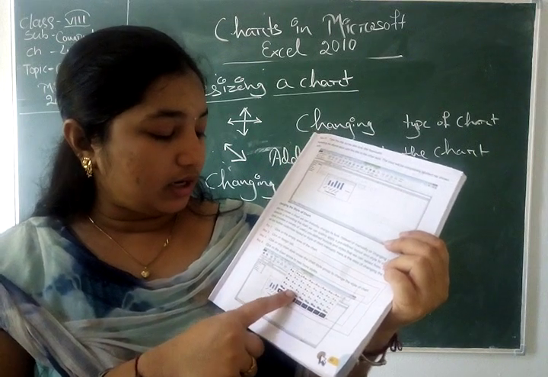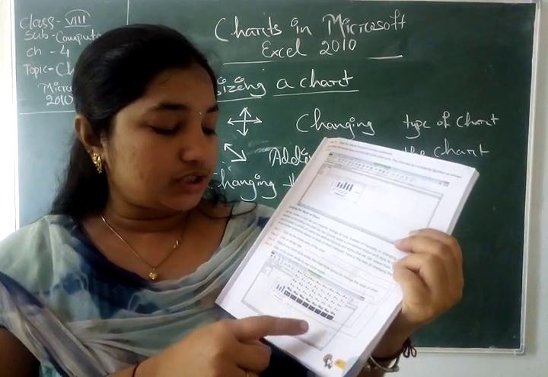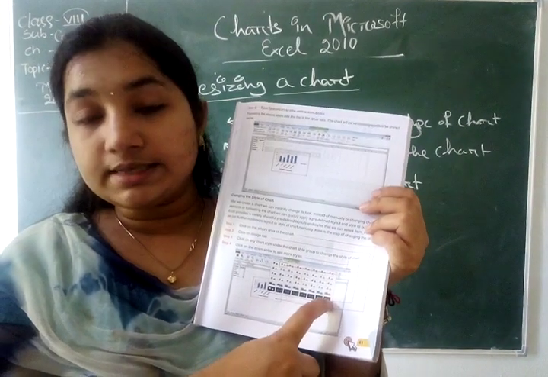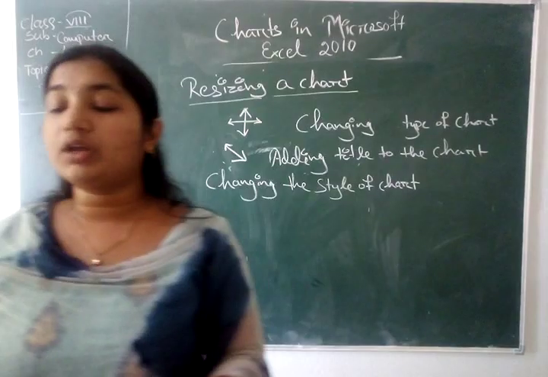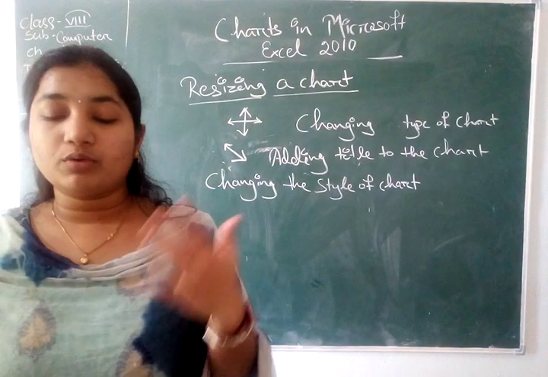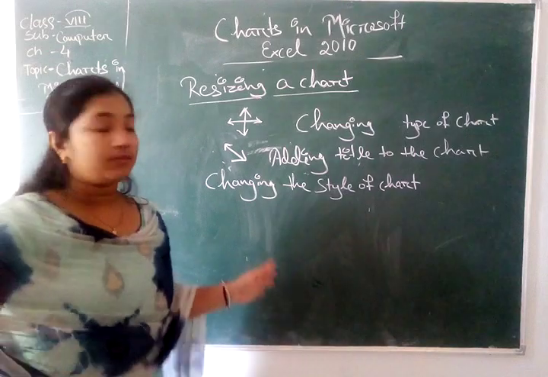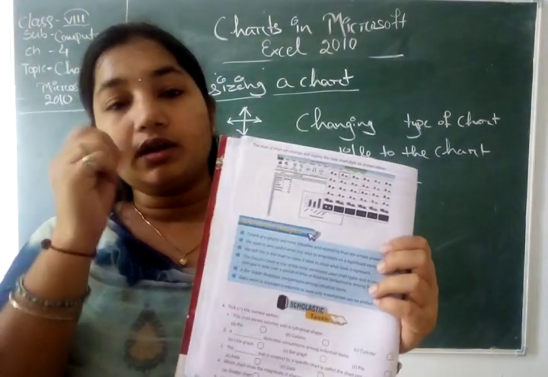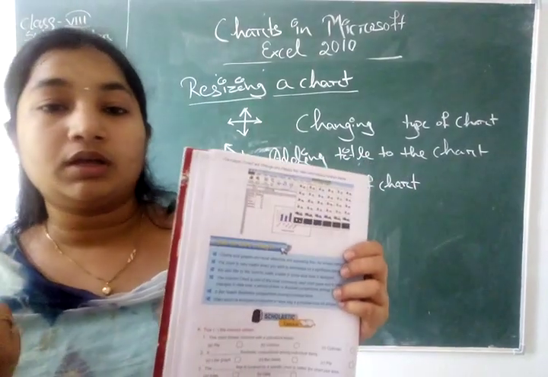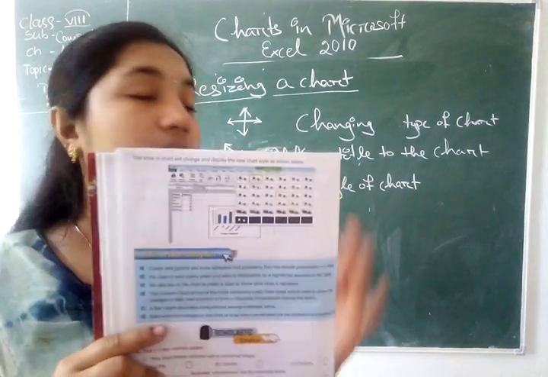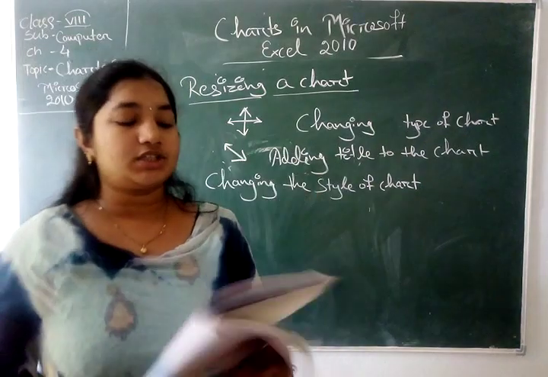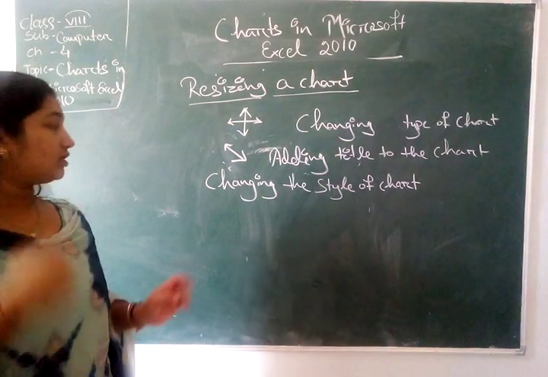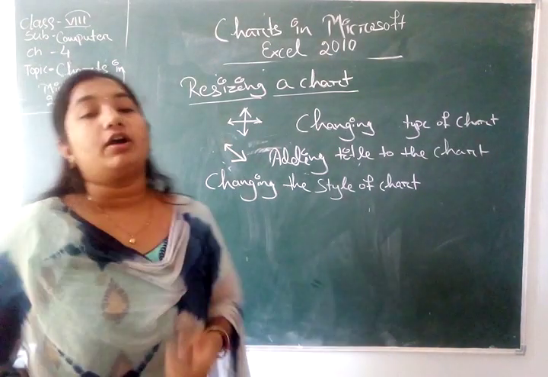After choosing that, click on the down arrow to see more styles. If we want to see more styles, then we have to click on this arrow here. If we click on that, then more styles come up like this. And after that, we have to click on whichever style we want to change to. After clicking on that, the style has changed. So by the help of these steps, we can change the style of a chart.